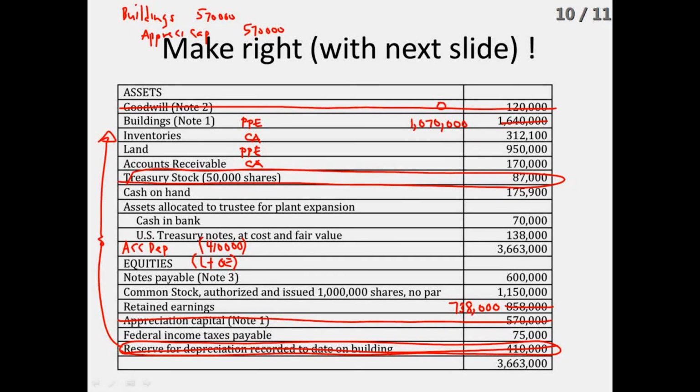Even though if I own stock in another company, I consider that an asset, if I buy stock in my own company, it's not an asset. It's just a reduction in the ownership, right? So I can't own myself. If I use cash and I buy shares of my own stock, what I'm doing is basically taking some of the owners and saying, you guys aren't owners anymore. So my own stock, which is what treasury stock is, can never be an asset. Where does it belong? Owner's equity. What kind of owner's equity account is it? It's a contra owner's equity account.